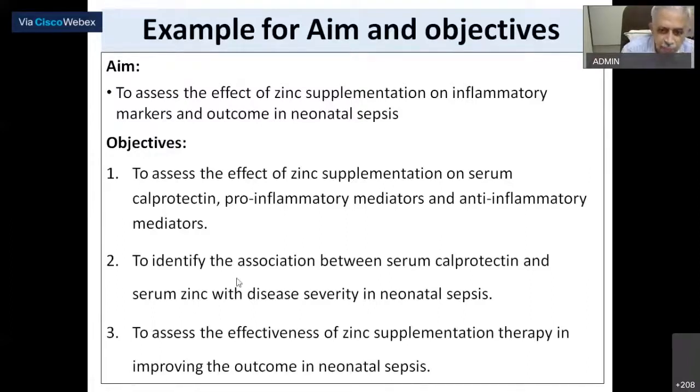So if you want to add more, you can add, but the more you add, your study will be longer. Like our director of research will tell, if you want seed money, small, the objective will be 1. If you want extramural funding, you may put multiple objectives because they will give more money and you can spend more time.